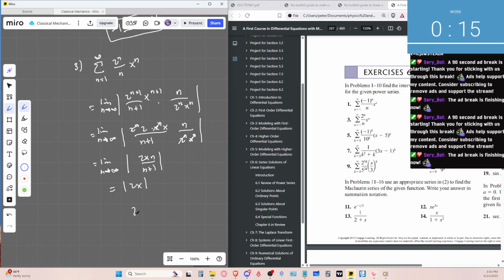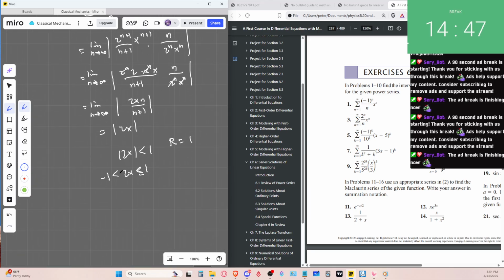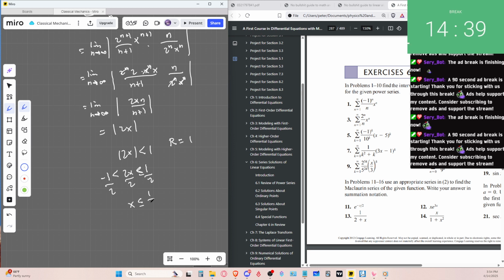Okay, now the radius I think is still 1. And then we divide by 2. So the radius of convergence is